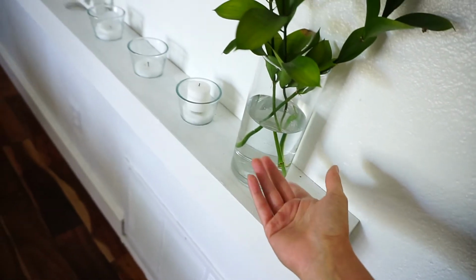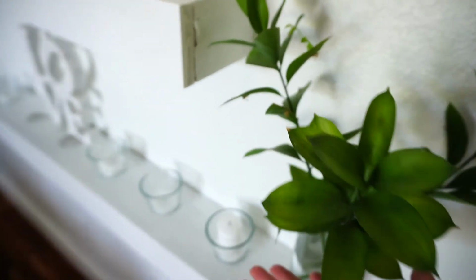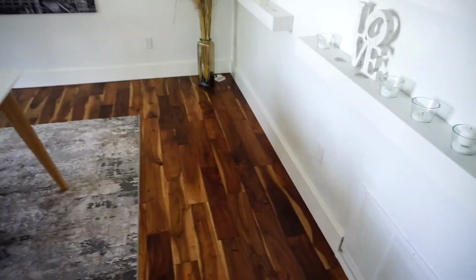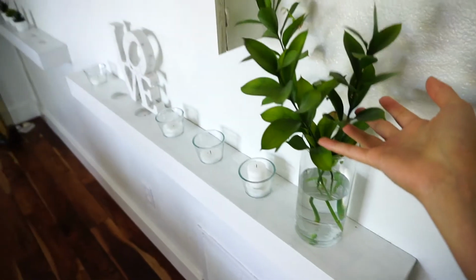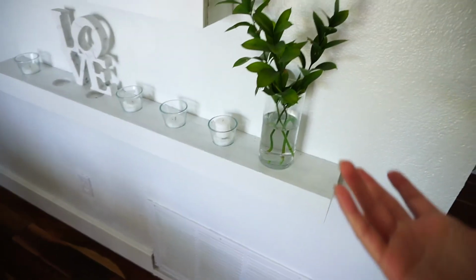The water, I barely have to change it. Maybe every 2-3 months I change the water or add more when it's all gone. But they are literally green forever, over a year. I know I say literally too much, but this is amazing. I'm trying to find more so I could have them around the house because they're super easy to upkeep. They don't just fade, and it's alive. Okay, so this was from